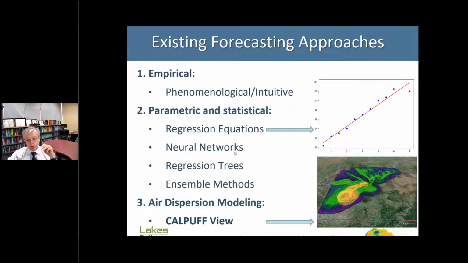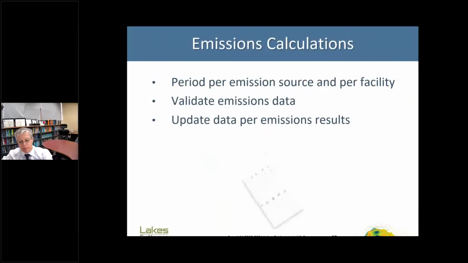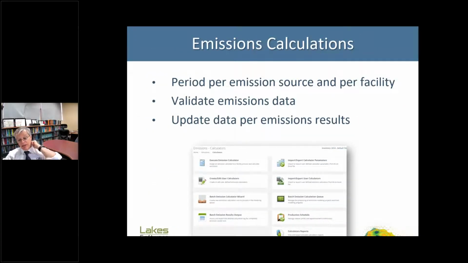You can use neural networks. Today it is well developed, and in certain cases, it's the thing to do. I'll show you when. And also using dispersion modeling, CalPuff, SkiPuff, Austal, etc. We use those. The emissions calculations are mandatory. We must do it because how can we forecast what's happening? For forecasting, we need to do the dynamic emissions inventory, and we can do that with over 11,000 different processes that emit to the atmosphere.